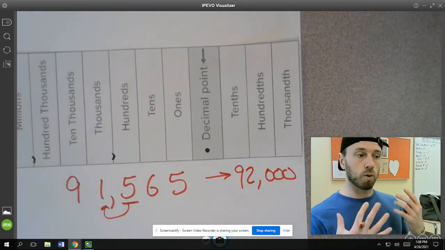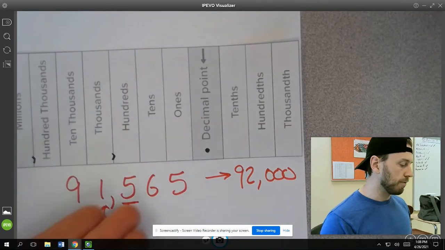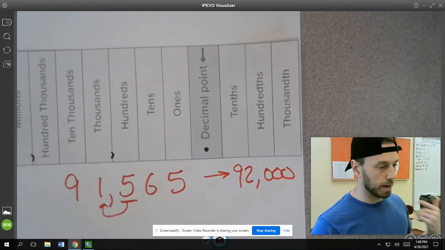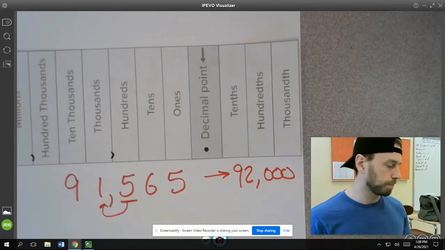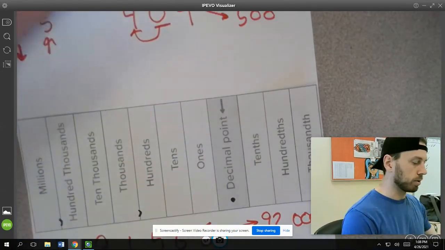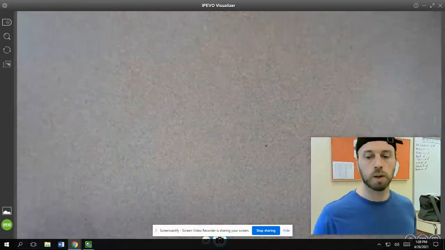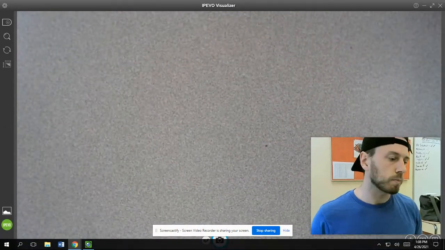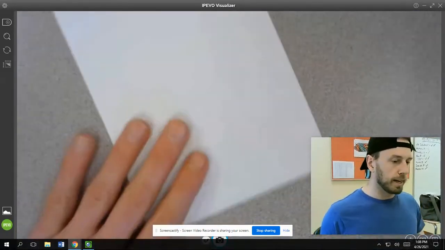And you know that your round is probably correct if it looks really close to that number right there, which it does. Now, that's rounding. So you're going to have a few questions about how to round numbers. And if you need to rewatch this little video real quick, please do that. But the next part of your lesson is to take